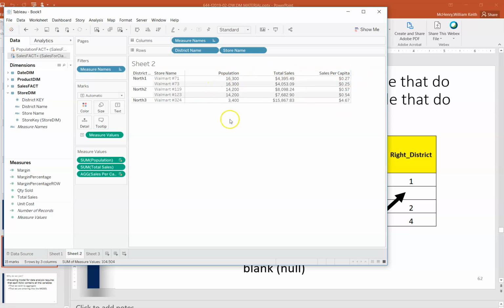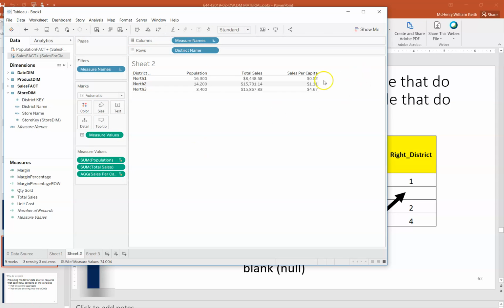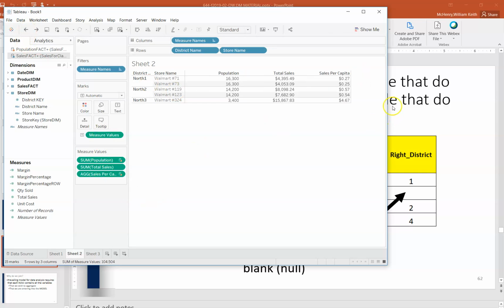Is that actually a valid calculation? Well, you can say that there were 16,000 people in the district, and Walmart 71 accounted for 27 cents of that sales per capita, and Walmart 73 accounted for 25 cents of that sales per capita. So what was it again if I take store out? 52, and if I put store in, looks like the sum of these are 52. So I wouldn't say that this is necessarily incorrect,